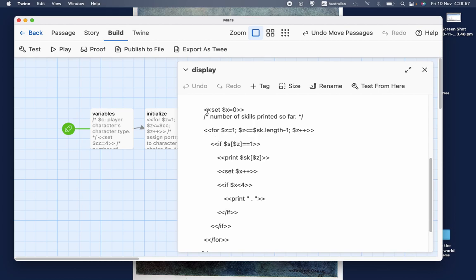This is fairly straightforward. We set x equal to 0, which is the number of skills printed so far. We have a for loop. For $z equals 1; $z is less than or equal to $sk.length minus 1; $z plus plus. So we're going to go through every skill, in other words. And then if $s[$z] equals 1, we print $sk[$z]. In other words, if the character has this particular skill, print that skill,